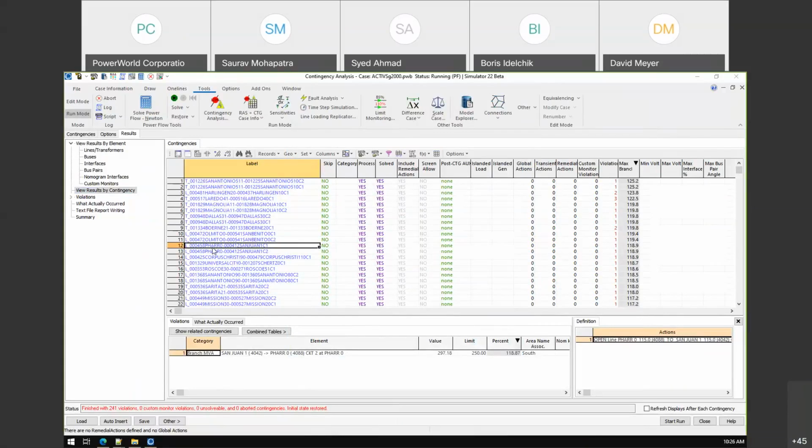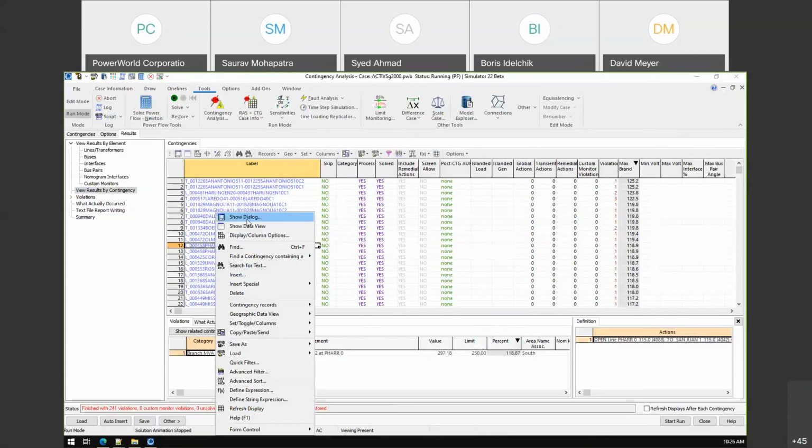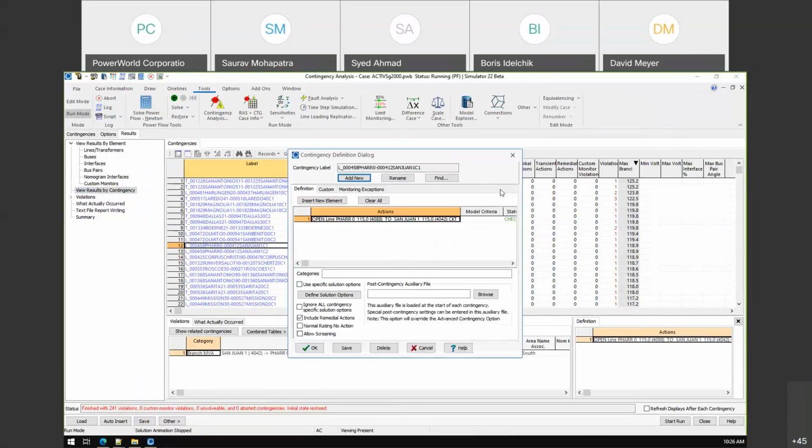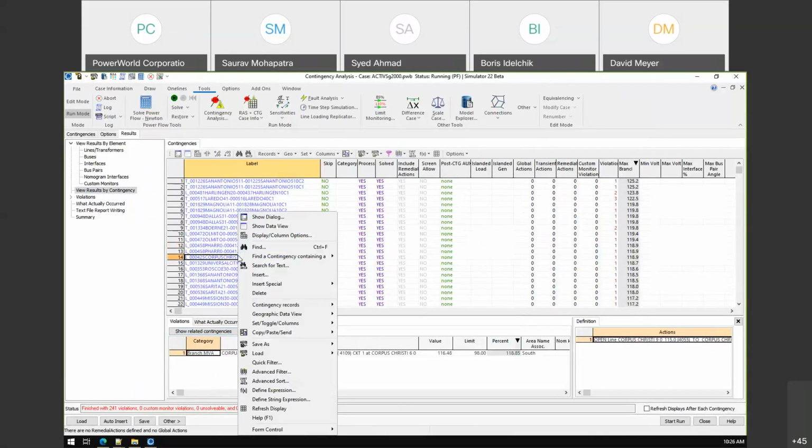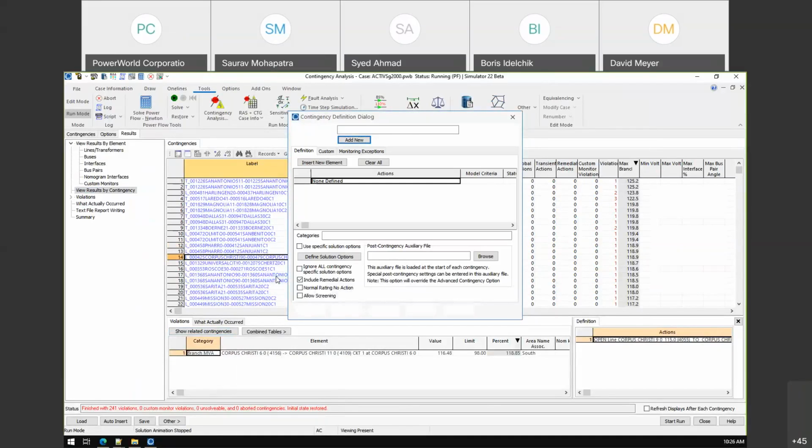So there is one tiny thing that we also added here, not this window. If you right-click on this grid, you have insert. This allows you to insert a completely new contingency from scratch. In insert new element,